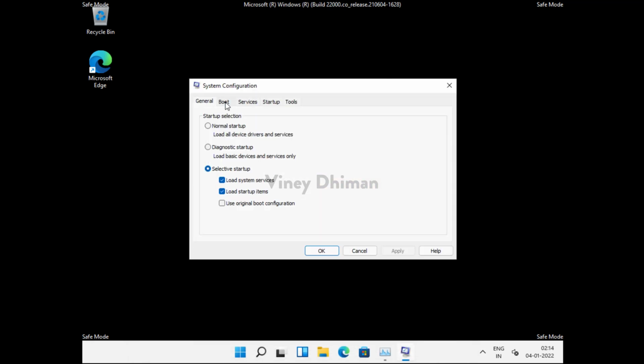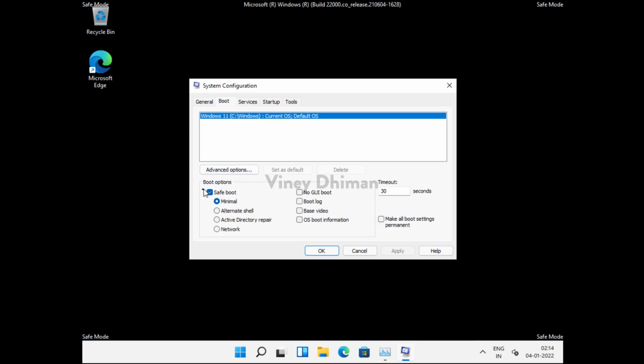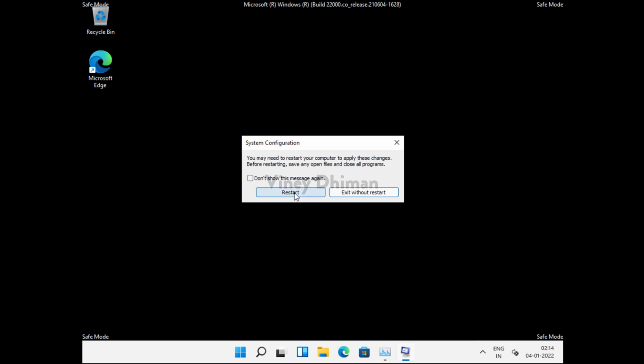Now here you need to switch to the Boot tab. Now under Boot options you need to uncheck the box for Safe boot. Click Apply, OK. Now click on the Restart button.